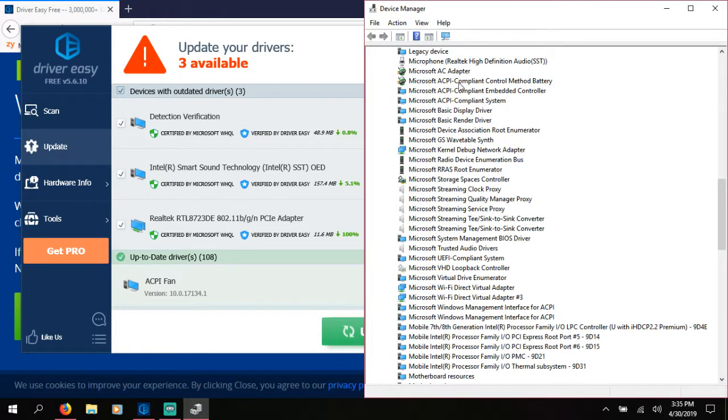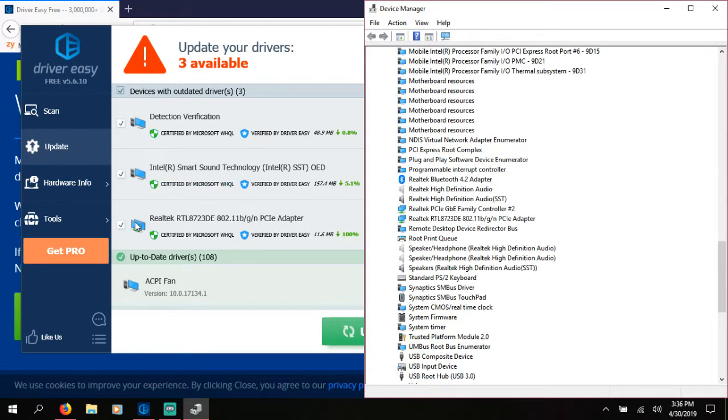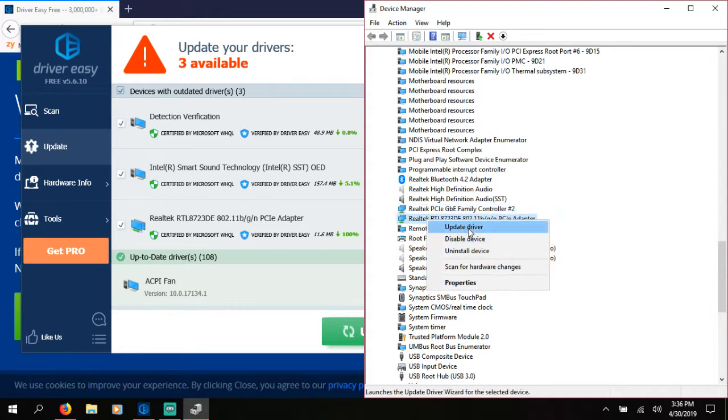Okay, so this here is the PCIe adapter, and it's got the name here. Alright, so it's this one here. Right click whatever driver you're updating, and